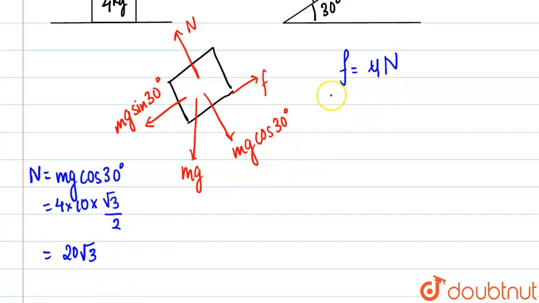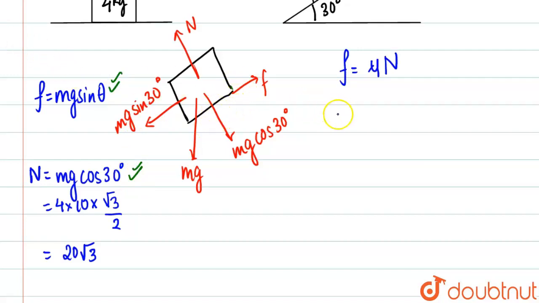So I am writing over here friction force must be equal to mg sin theta. Means friction force F must be equal to mg sin theta in order that the block is at least on the verge of moving, so this case must be satisfied. And this case must be satisfied, because the block is in total equilibrium and it is just the case in which it's coming to motion.